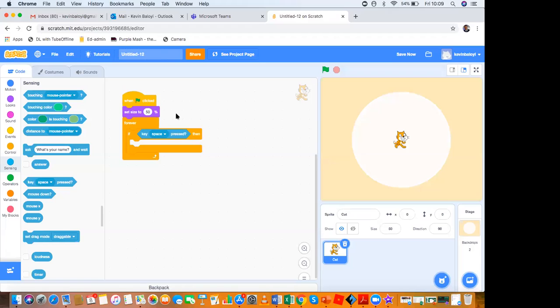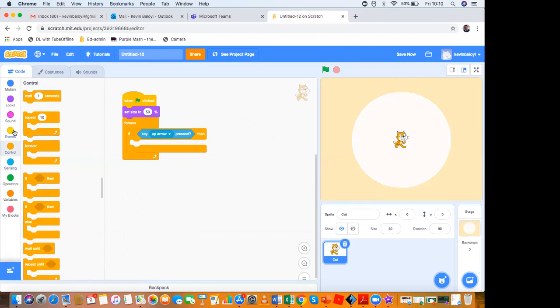Okay, so let's just recap. We chose a backdrop. We changed our cat size from 100% to 50% to make it smaller. Now we want to make the cat move up, down, left, and right. So we are going to use the up arrow. If you go to events and control, these two are the ones that we're going to use the most. But for now, because we're focusing on the up key,